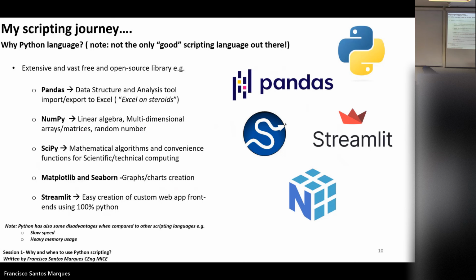Just continue here with the free and open source aspects. Here's just an example. It's not the only ones, there are many more, but I just put here the ones that, in my opinion, for the civil engineer context, most of you are going to use, okay?